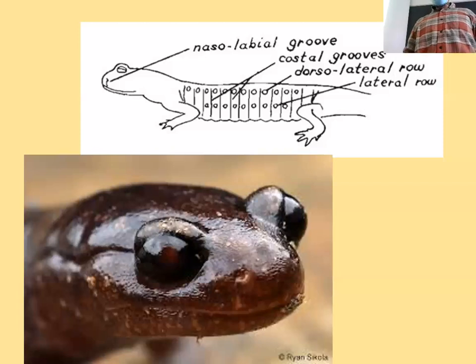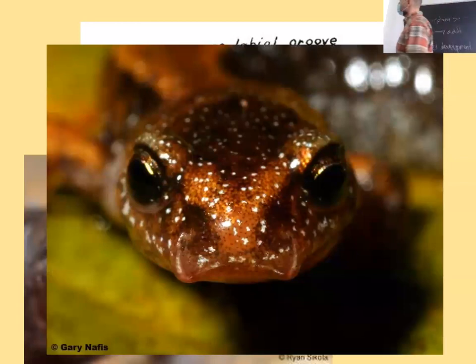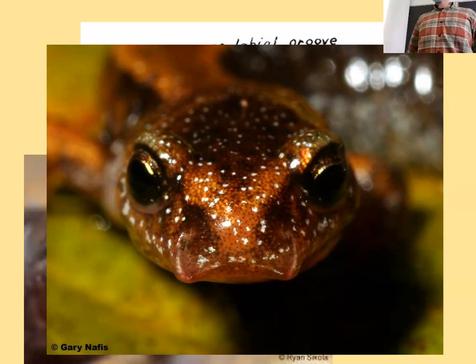And you can see a nice picture here. Do you remember the name of the species, Princeton? Western redback, yeah. The Western redback salamander, so you can see really nice big grooves here between its nose and its mouth. So imagine you had a little channel that would drip down from your nostril right to your mouth. It'd be probably pretty gross actually. But not for these guys. It helps them find and secure mates and reproduce. Most salamanders don't have this, Plethodons do.